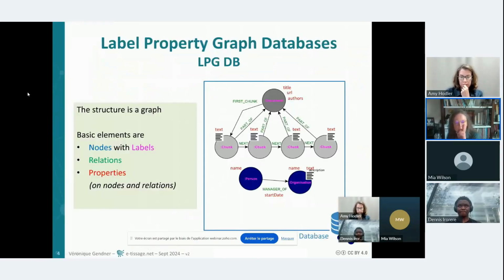So label property graphs, well, if you just hear the name, you have the basic elements that are in a label property graph database. That is, you have nodes, and nodes can,